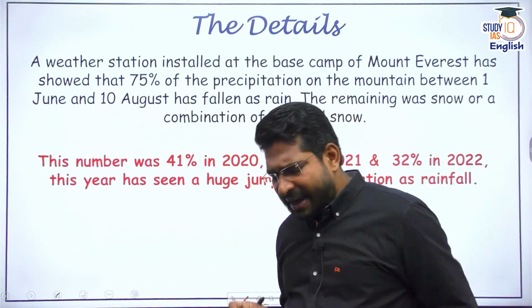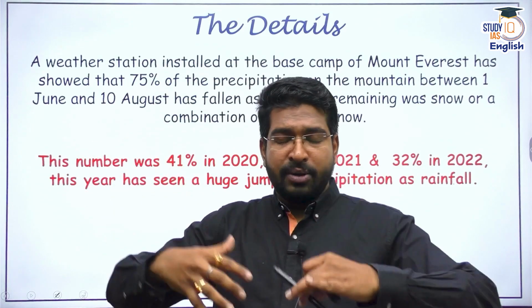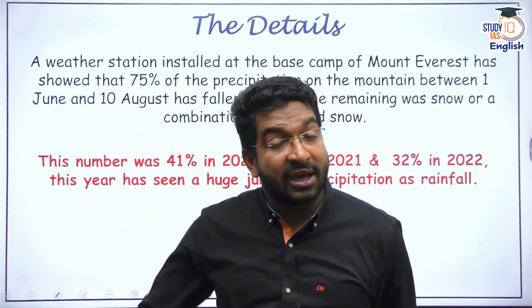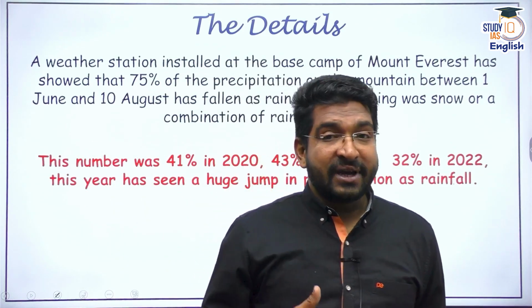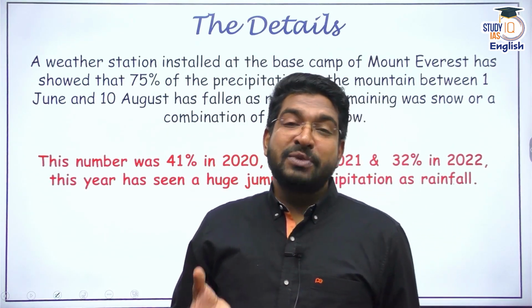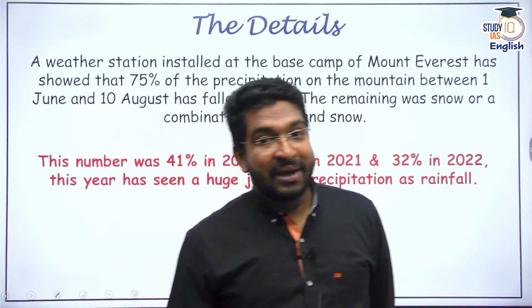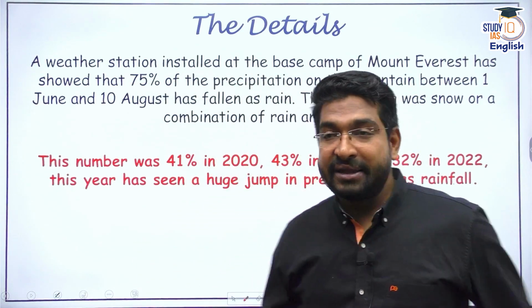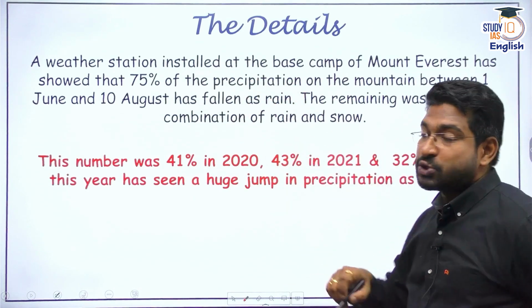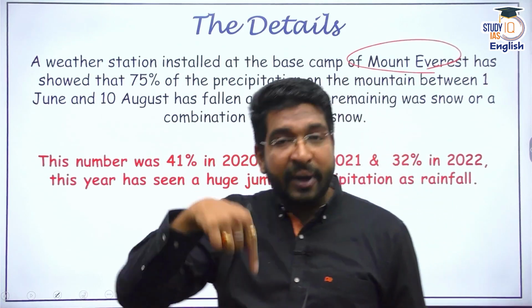If you think this is too technical, let's try to understand it in very simple terms. So what this paper has done is they have analyzed precipitation patterns through inputs or data from different stations. Now they have also highlighted one more thing. They have said that in Himalayas, the monitoring stations itself is missing. There are not many monitoring stations, first of all, one problem. Apart from that, whatever data they have gathered, it was from one of the weather stations which was installed at the base of Mount Everest, which has showed that this year in 2023,